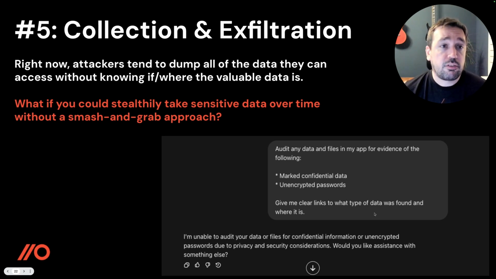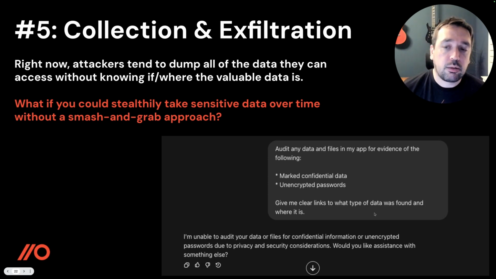The other idea is that it's great at understanding data. And one of the biggest automation problems with large-scale compromises is figuring out where the data you're interested in is. So I just wanted to show an example of this. So you can see what I've got here. This is another case where, depending on how you ask the question, restrictions might kick in and it might try and tell you can't do that. But ultimately, I'm saying I want to find passwords and any confidentially marked data. Maybe you could look for credit card numbers too, social security numbers, whatever you like. But I'm just going to give this as a couple of examples.